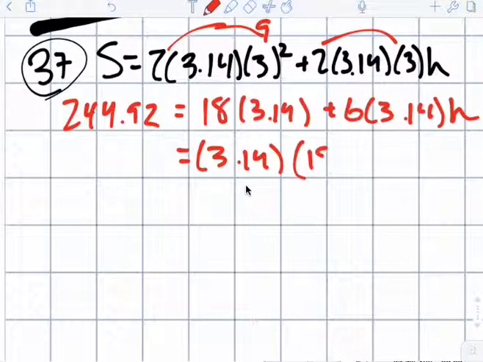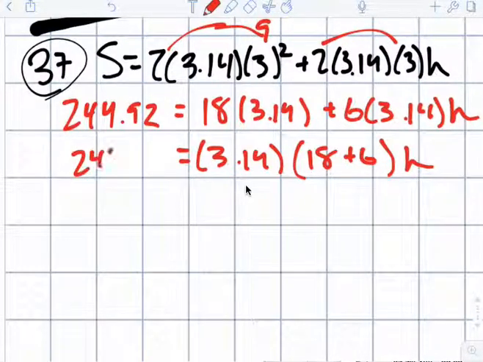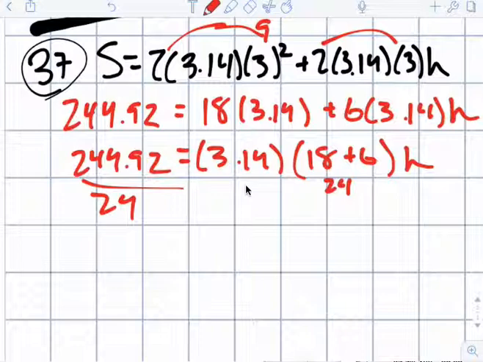I'm going to factor out the 3.14, the pi. Now that's 24, so I'm going to divide that by 24. So when I do that, 244.92 divided by 24 is equal to